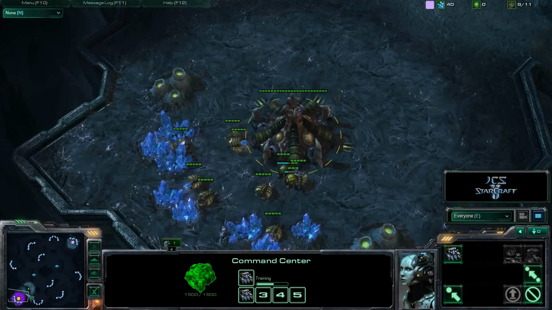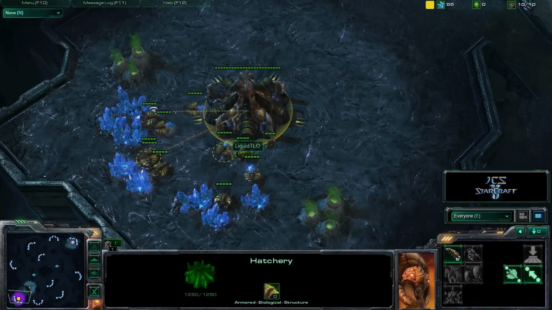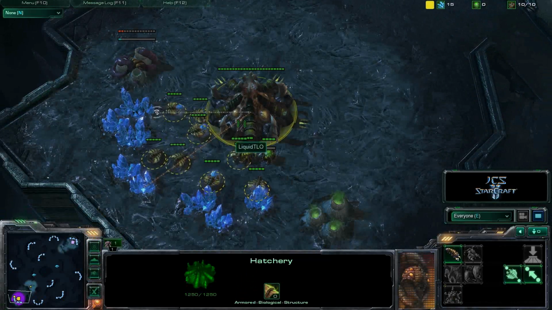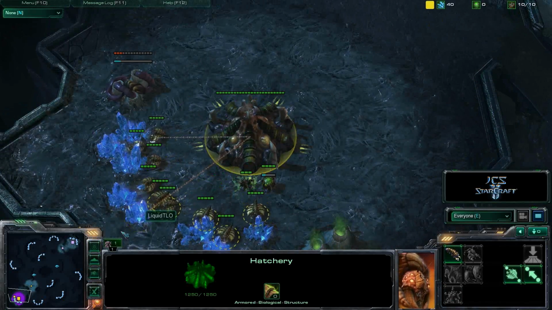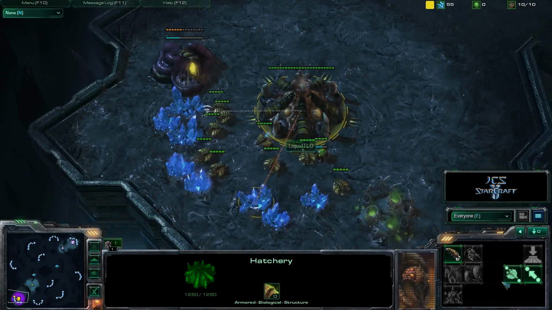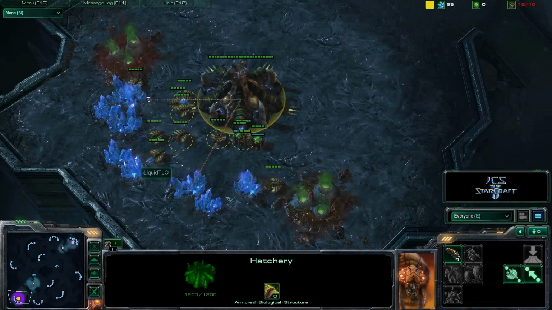I think both players are actually playing as random, so really fun to see the Little One playing the other races again. In the last game it was Protoss versus Protoss. Haven't seen the Little One play a lot of Protoss. Saw him play a good amount of Zerg, very creative Zerg play, and right now, okay, doing the extractor trick,